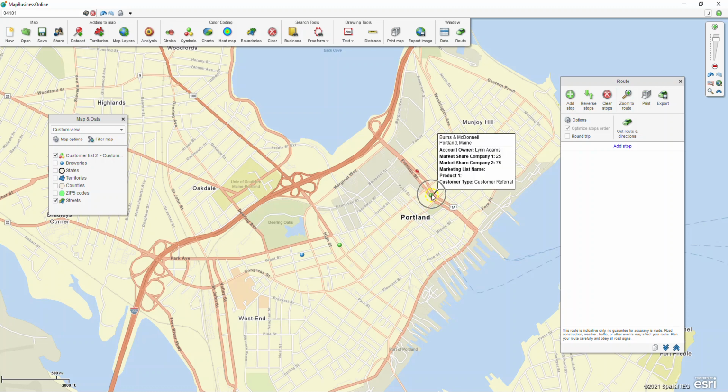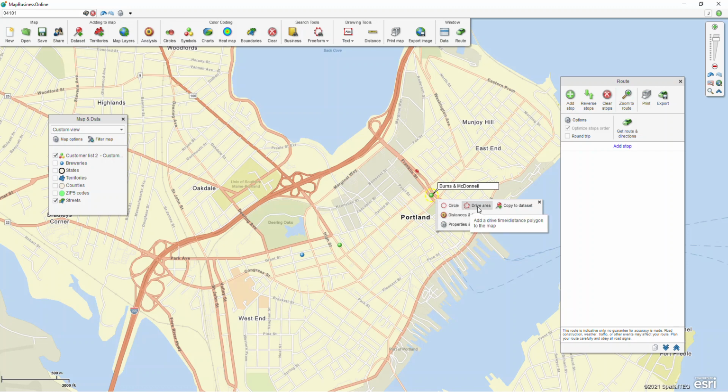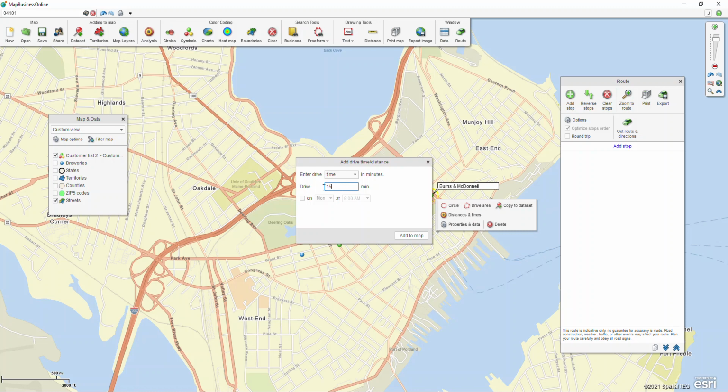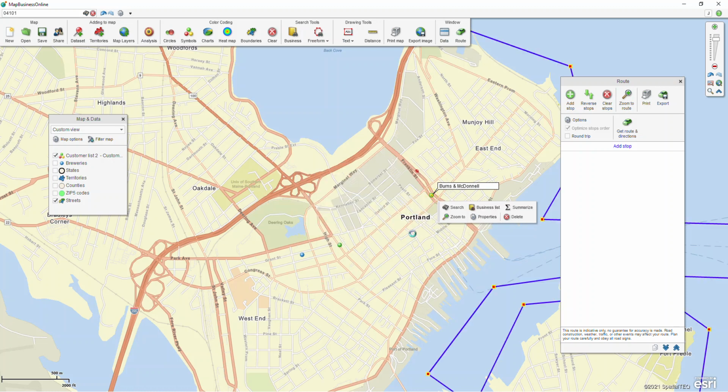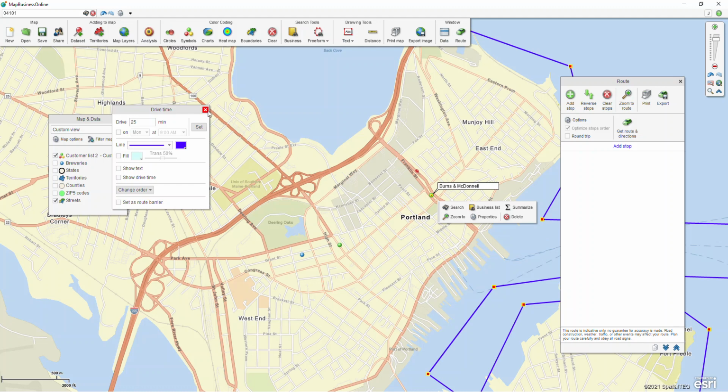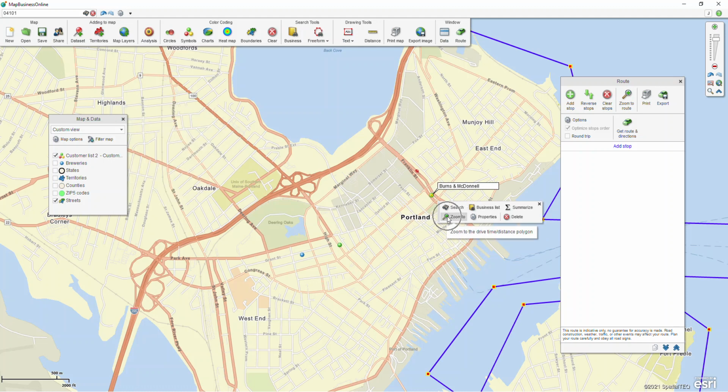Say I'm starting at this location here. I can click on it, and I have different options here. I have a circle and a drive time radius. So let's say that you're new to the area, you know that you're going to be starting at this one location, and you think, maybe I can grab all the customers that are within possibly a 25-minute drive time. I can use this drive time tool, and I can set it to 25 minutes, and I can click Add to Map. This creates a drive time polygon for me, and if I am to zoom out, I can